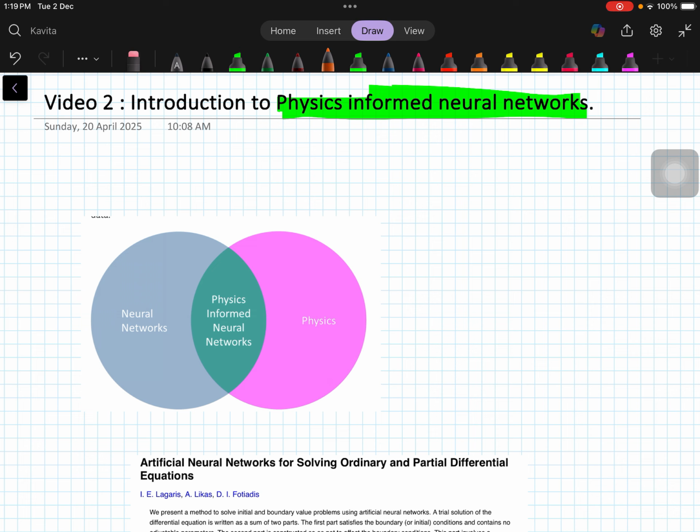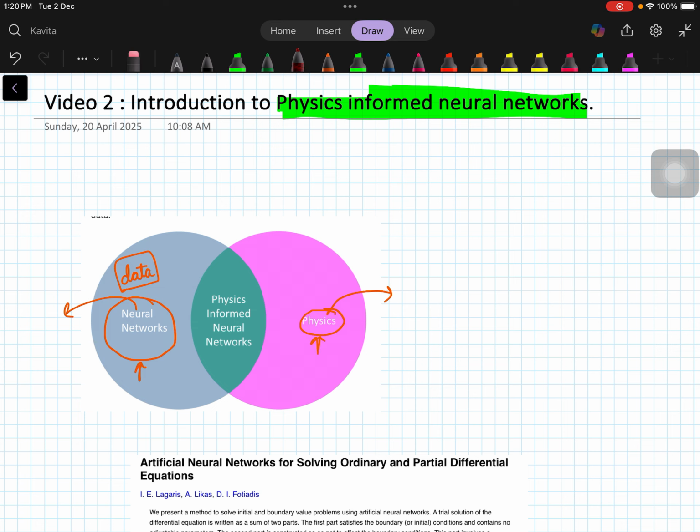We have seen that there are two worlds, one is neural networks and one is physics, right? In neural networks, we basically have data, a data set from the model which we want to study and about which we want to predict. And then there is also the physics of that model. For example, what laws of motion are being satisfied by that model. So there is a physics of the model and there is a data set associated with that model, right?